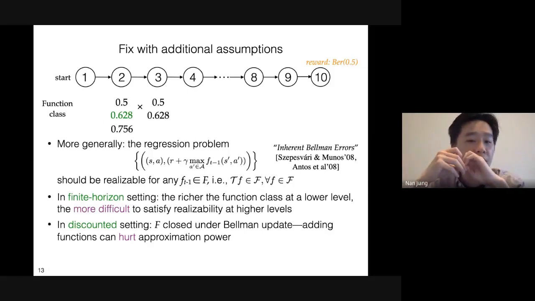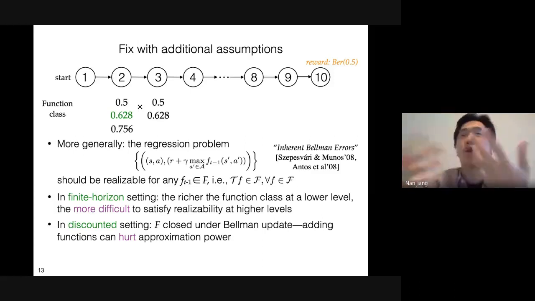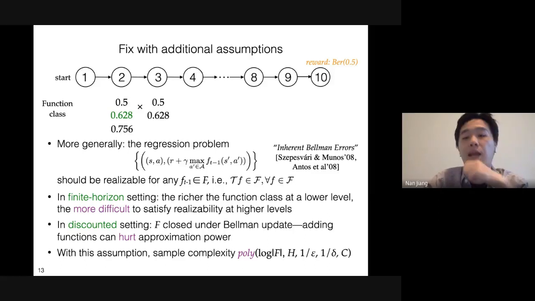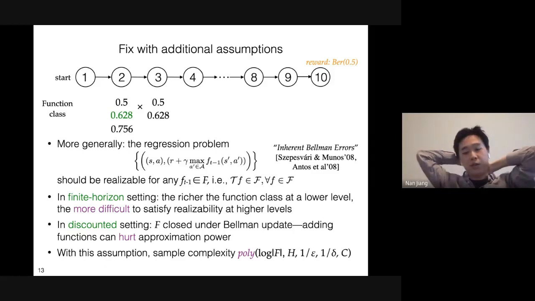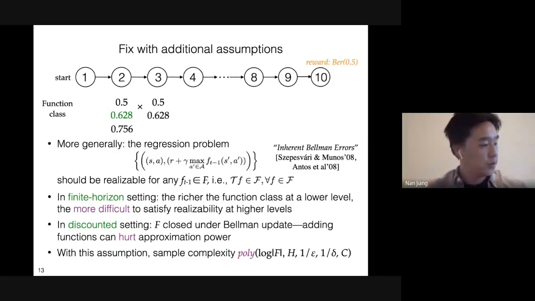So in this sense, I think this assumption is more or less undesirable if you compare to what we have in supervised learning, where everything is super straightforward. The richer your function class, the more representation power you have. So everything is very straightforward and intuitive, right? And I should say, if you are willing to make this assumption, among a few other alternatives, you can totally get a sample complexity that is polynomial. Sorry, I realize I'm running out of time, so I'll go through the rest relatively fast.